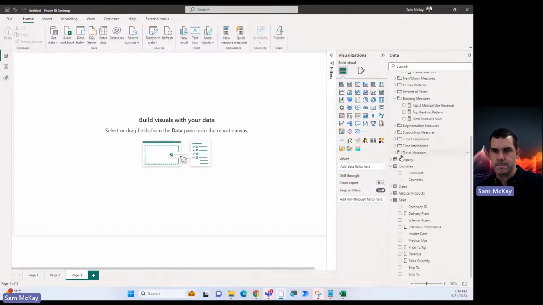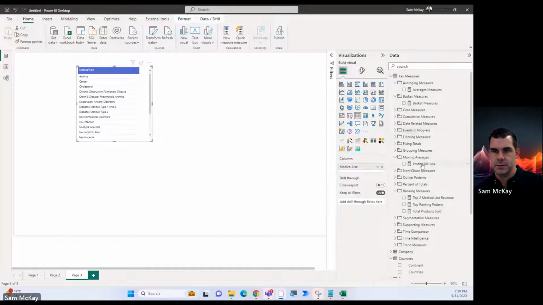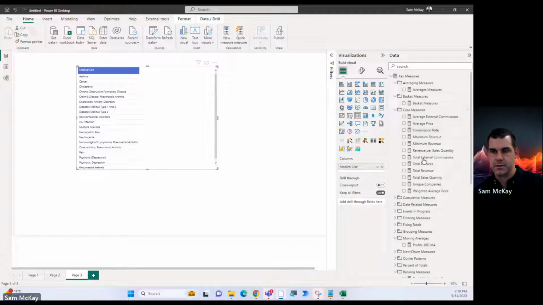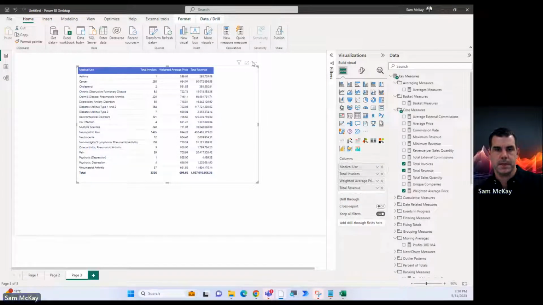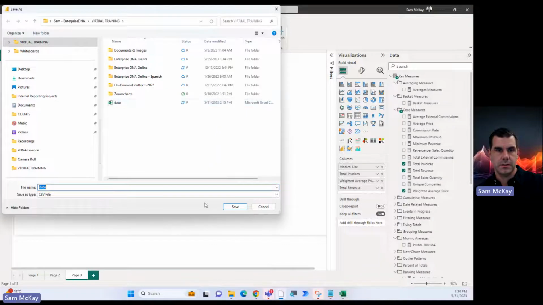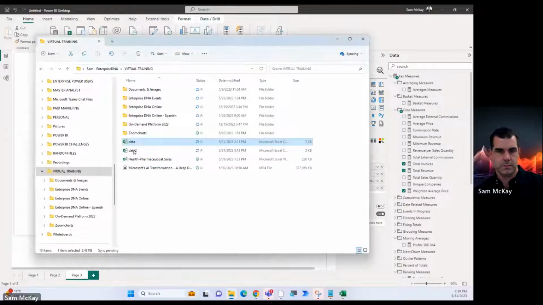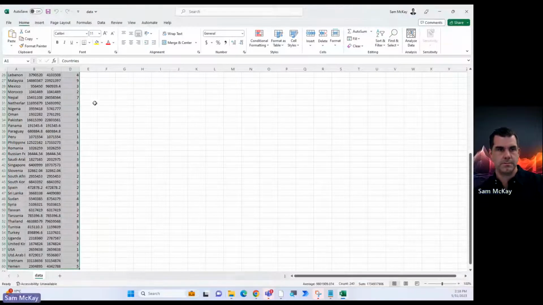So we've got medical use products. Let's do another one. We'll go to our core measures here: total invoices, weighted average price, and total revenue. Okay, so I could export this data. Open it.